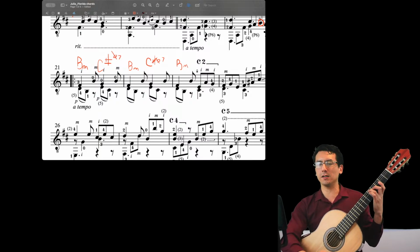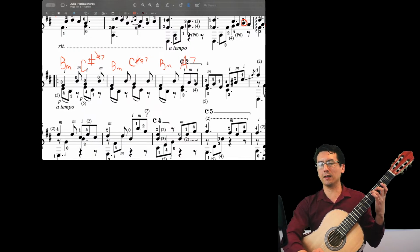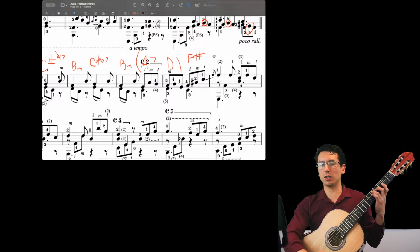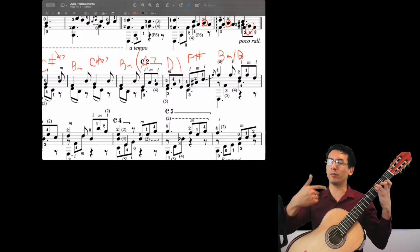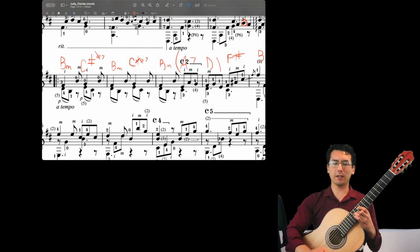Now this is a bit of genius here because he temporarily goes to the key of D again, but then very quickly we go back to the dominant of B minor, F sharp, and then that goes to B minor here with D in the bass. We get this D, F sharp, dominant of B minor with D in the bass, and then we get